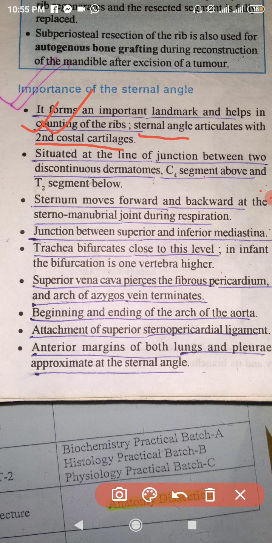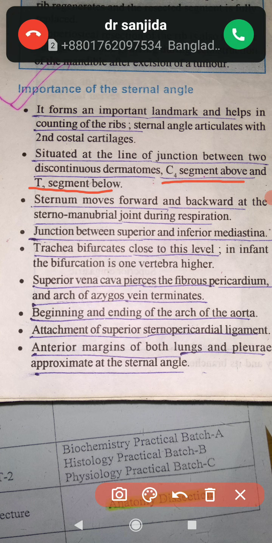Number two, it is situated at the line of junction between two dermatomes, C4 segment above and T2 segment below. Later, you will know what a dermatome is. C4 you will find above the sternal angle, and below the sternal angle you will find the T2 segment. In short, a dermatome is a segment or area of skin which is supplied by a single